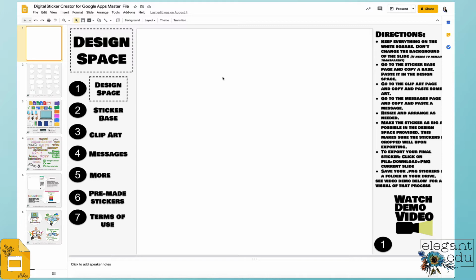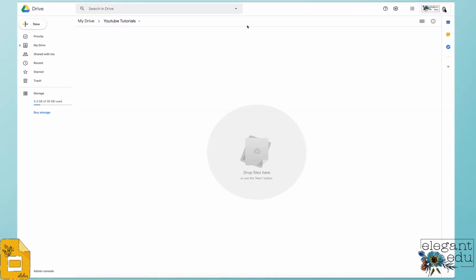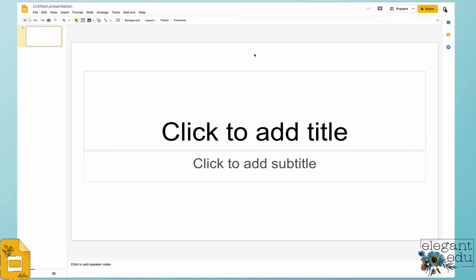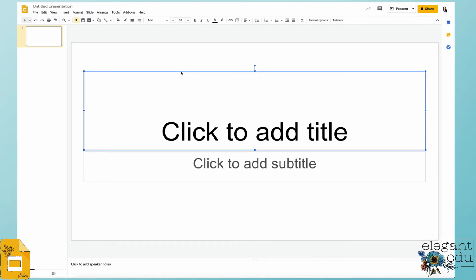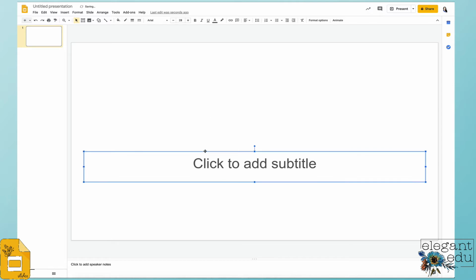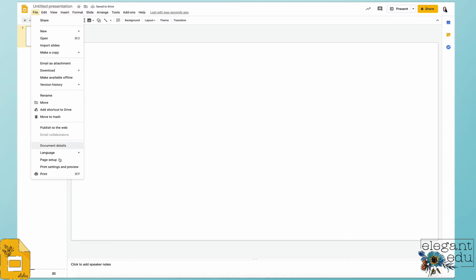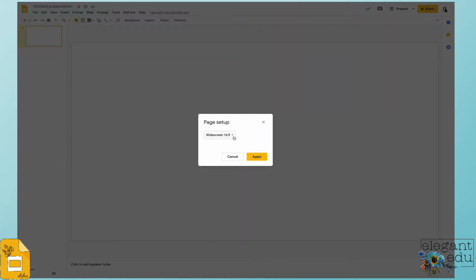But if you were wanting to do this from scratch without a ready-made template from someone, then what you're going to want to do is go to your Google Drive, and then click on New, Google Slides, and we're going to want to change the size of this slide. So I'm just going to delete the text placeholders, and we're going to go to File, Page Setup, and we're going to do a custom size of